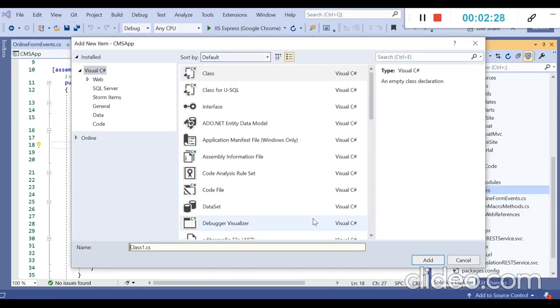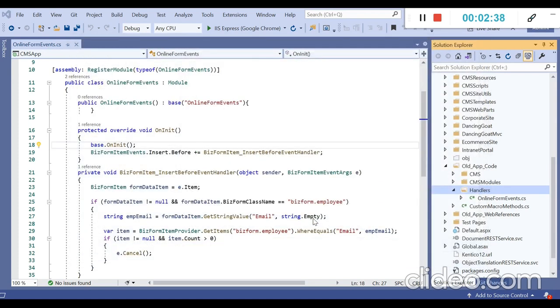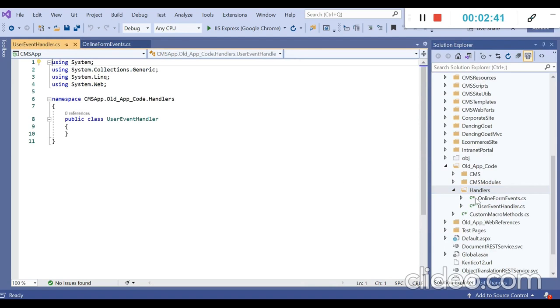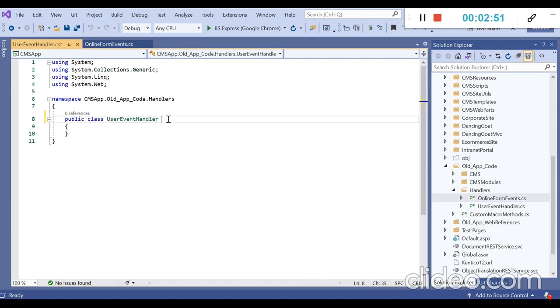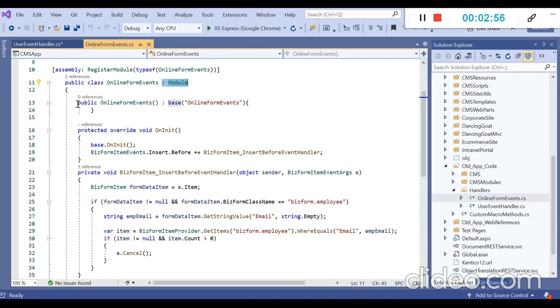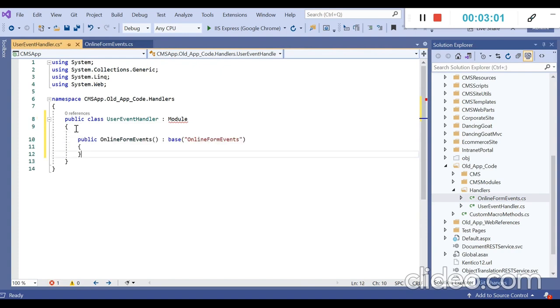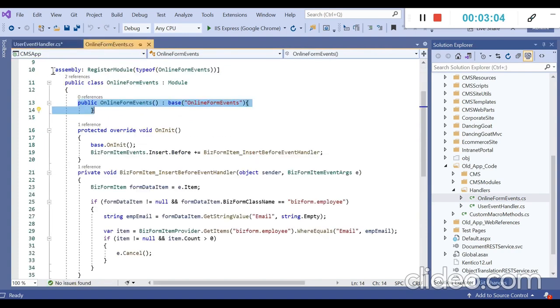Give it the name UserEventHandler. Let's copy the syntax from the online form events class. We need to inherit the class from Module, create the constructor, and register that assembly.